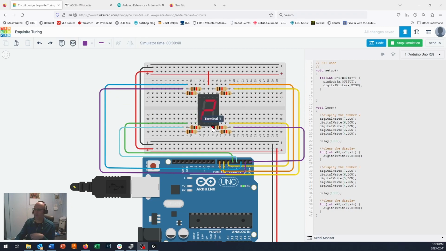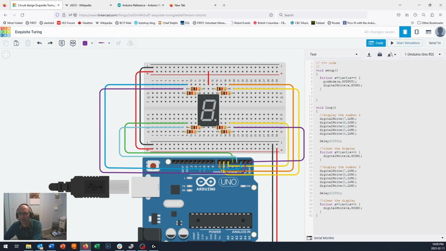I've got my 2 and my 3 displaying here, blinking back and forth, but there were a few tricky little steps in there that if you figured them out on your own, pat on the back, you probably had to fight through this a little bit and find some nasty little tricks. One of the things that's a little bit nasty in there is that you need to put a delay in here or else you don't see the change because the microcontroller runs so fast. If I didn't have this delay statement in here, let me just comment that out and take a look at what you'd see. Without my delays,